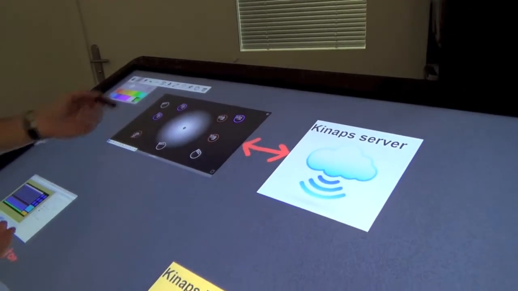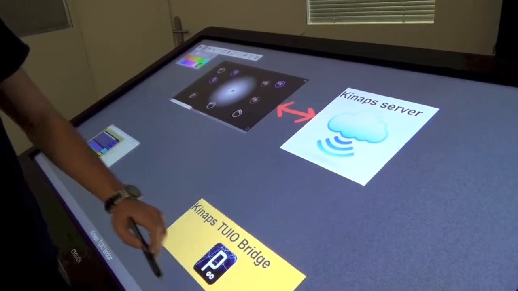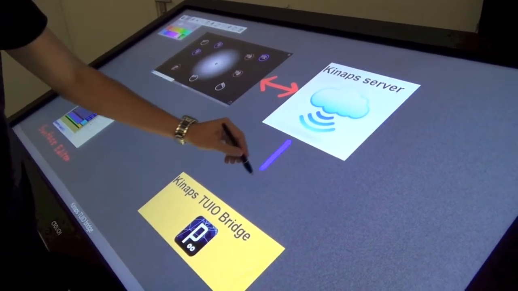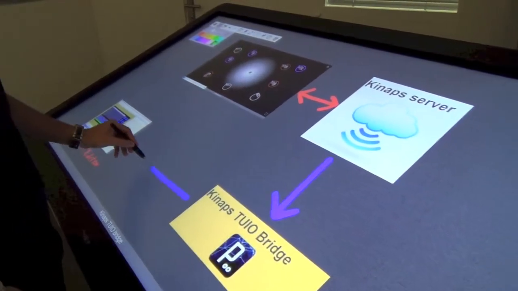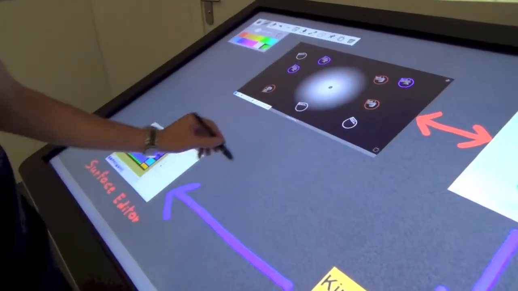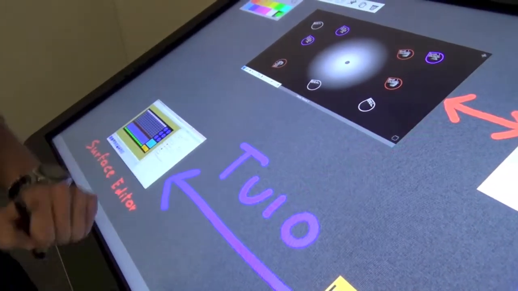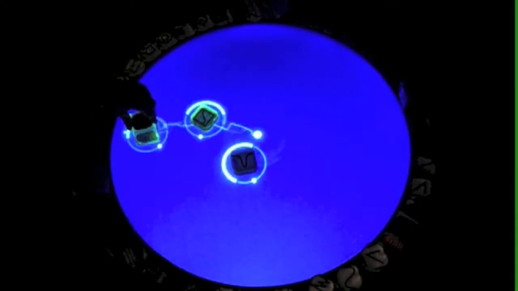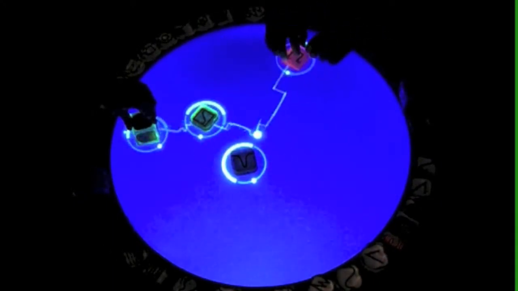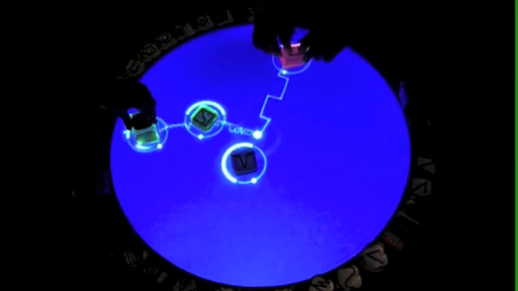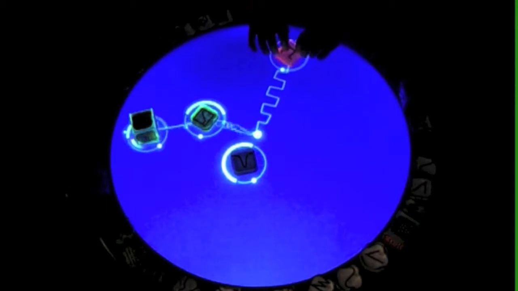So what we want to do is get this information. What I did with my Processing sketch here was retrieve this information, treat it, and then send it to the Surface Editor via the TUIO protocol. The TUIO protocol was originally conceived for the reacTable in order to transmit object information from the tracking system to the sound engine. The Surface Editor supports this protocol and allows to program actions according to the relations